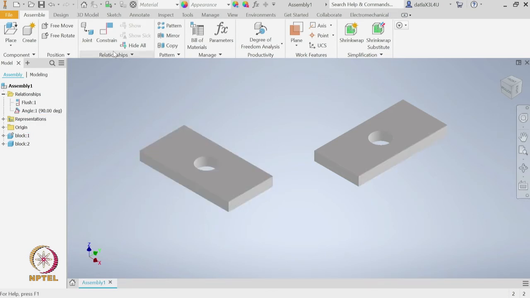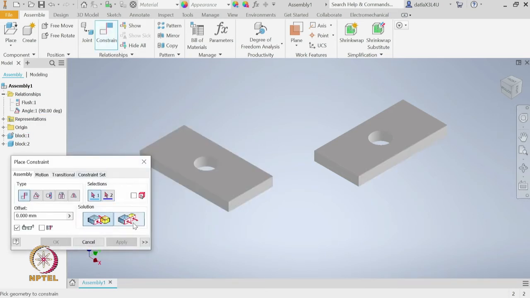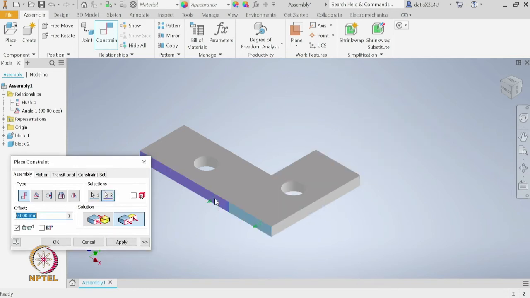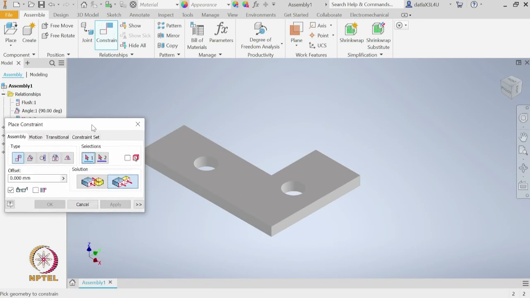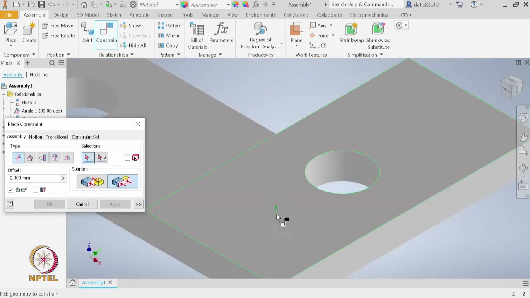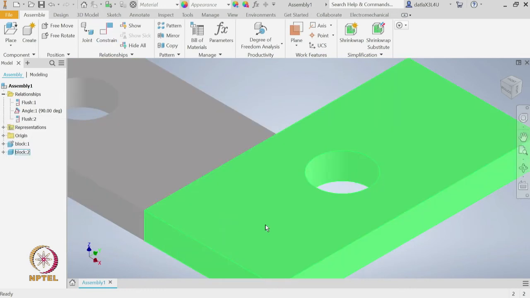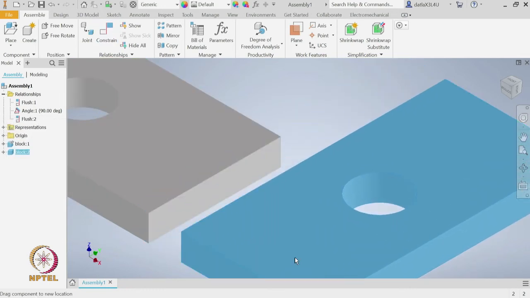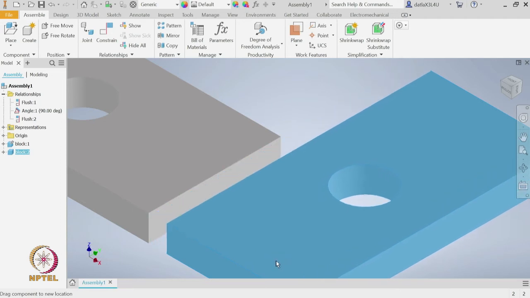Now, I can always again use the flush to bring them close to each other. So, let us say this face and this face I can flush, apply, and then let me see if there is any interference between them or not. So, we are not sure whether they are touching each other or not.